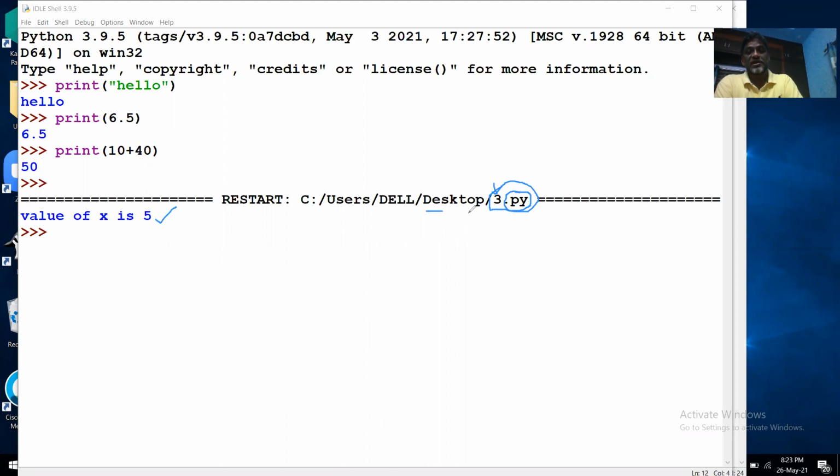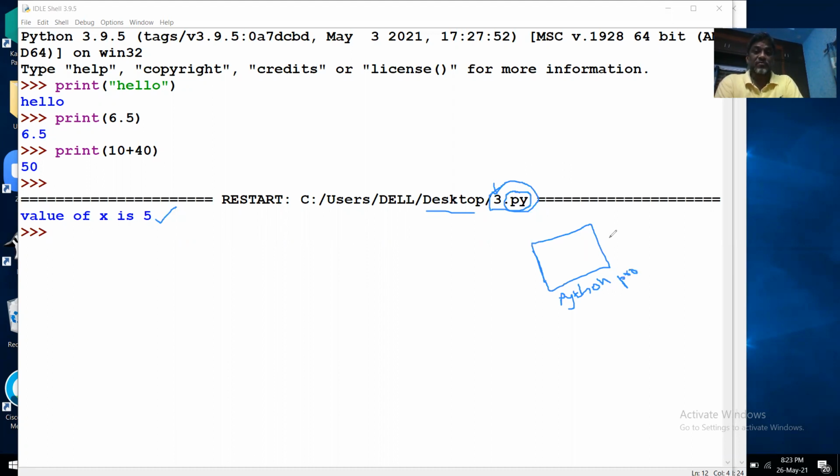So I saved it on the desktop directly, but all of you please create a separate folder with some name, let us say Python programs. Create a folder and then save every program that you practice into this Python programs folder. It is always better to save all the Python programs at one place.